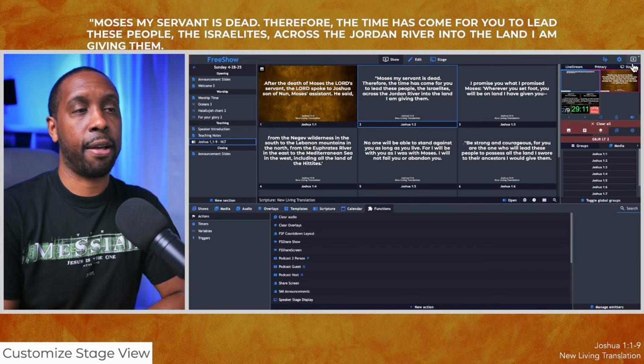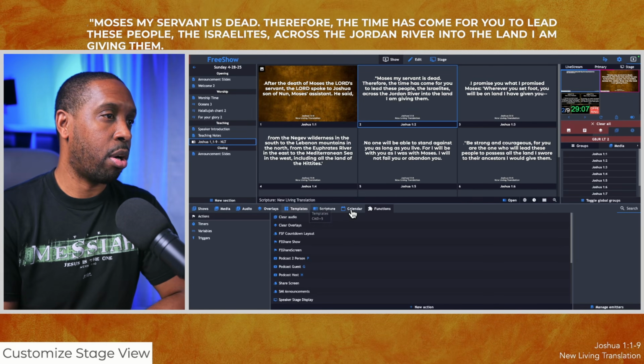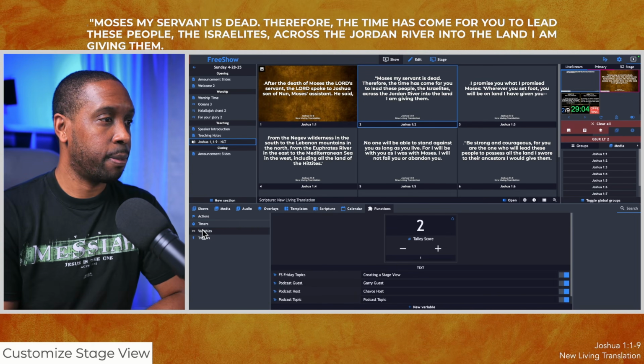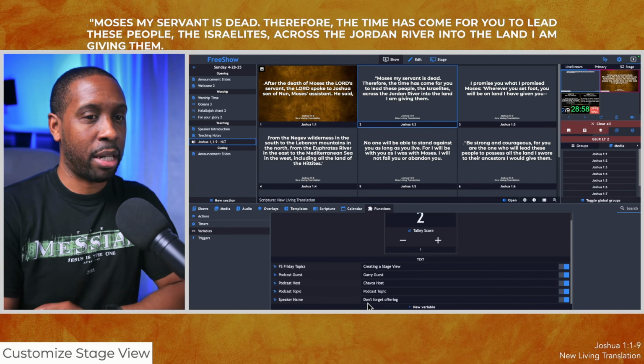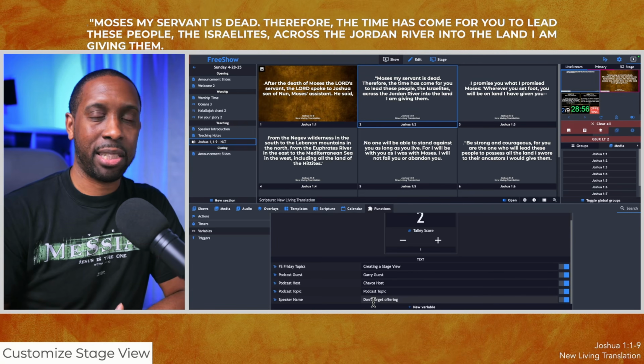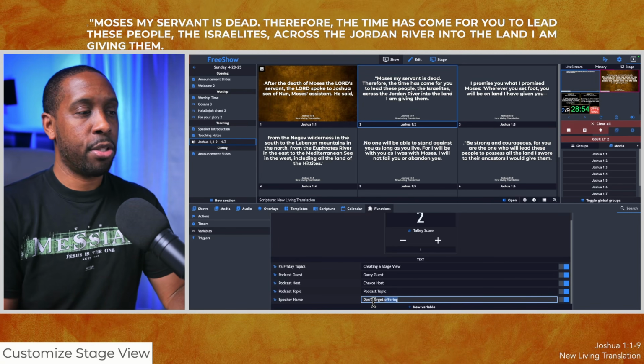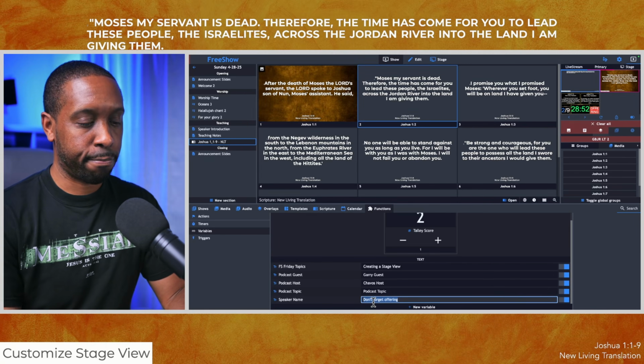So let's close that out and let's go into our functions drawer. We're going to go to our variables. And the variable that we used was speaker name. That's what it's called, just because I had that there already. You can make it be stage notes or something like that. So I'm going to change this to say